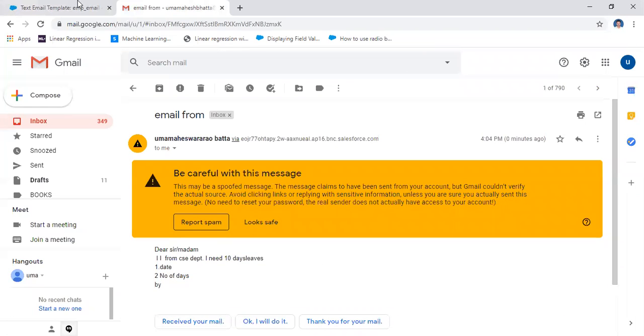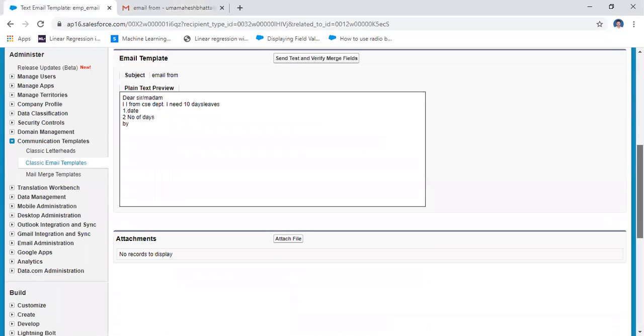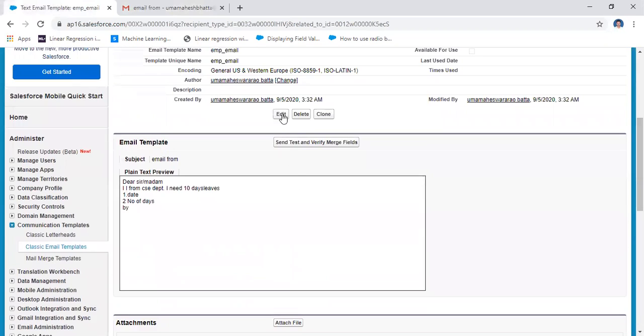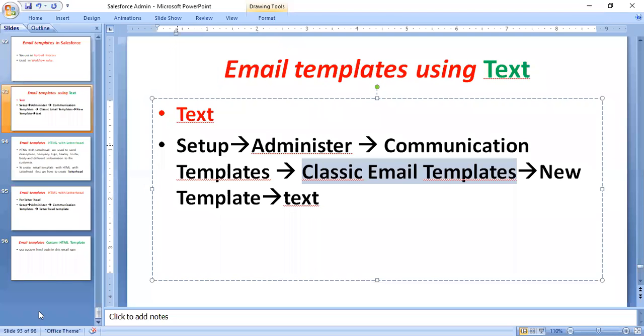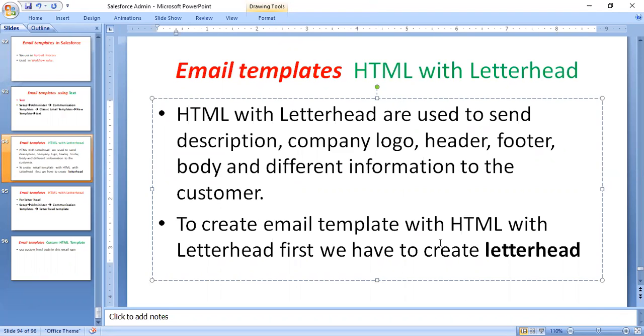In this way you will create different formats of emails. For example, this is the text format of email. Now come to the second one, the email template, HTML with letterhead. How can you do the HTML with letterhead format?